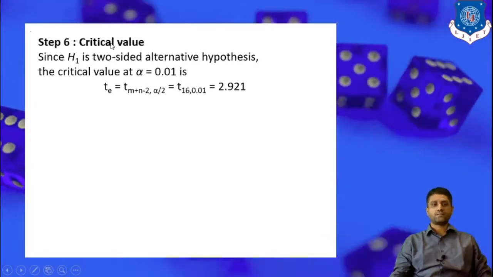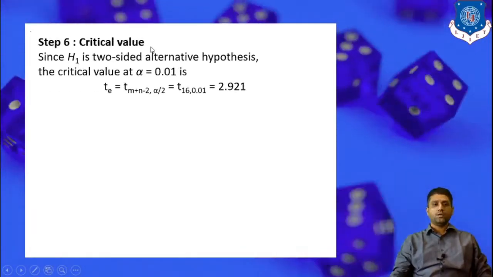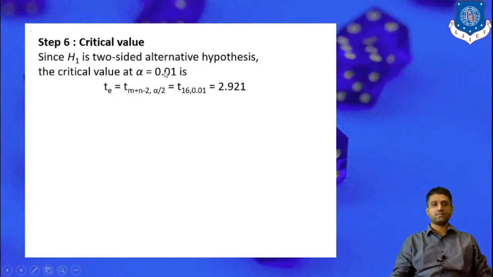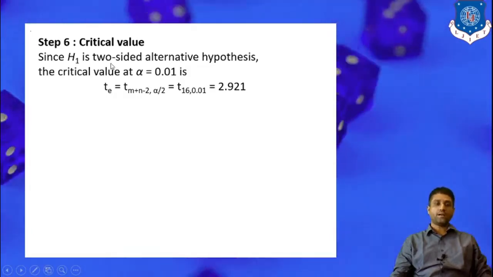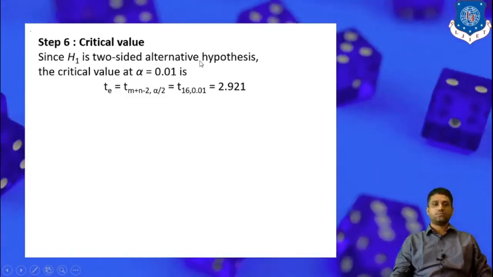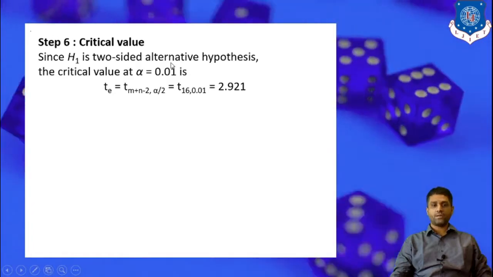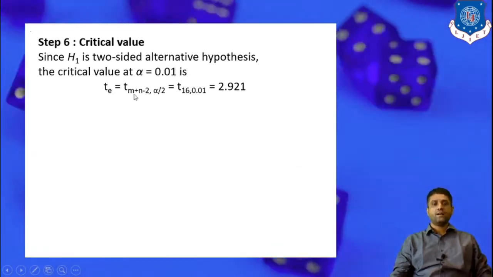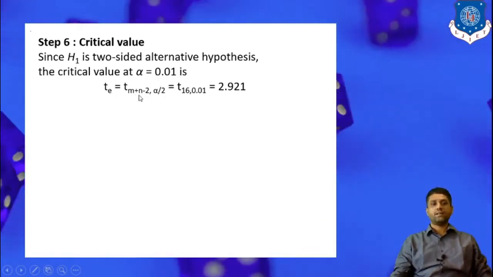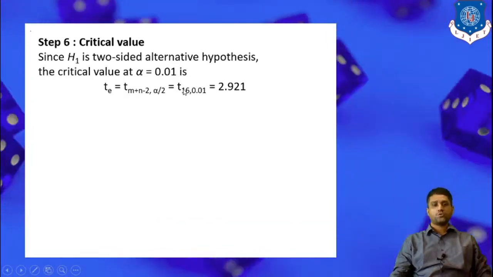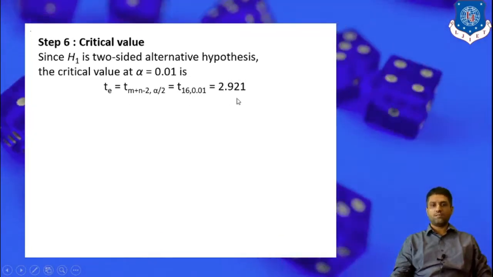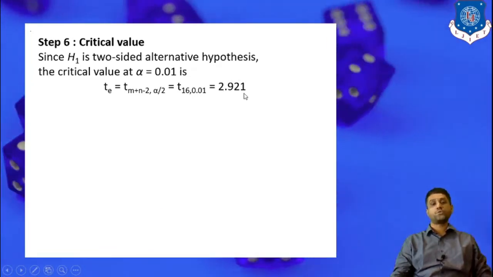Now step number 6, we have to obtain the critical value. Here it is defined in the question that we consider a 1% level of significance. Also, the alternative hypothesis is a two-sided alternative test. So just remember, it is a two-sided alternative test, the level of significance is 1%, and the degrees of freedom is m plus n minus 2. Since m is 10 and n is 8, that is 10 plus 8, 18 minus 2, so 16. So the degrees of freedom is 16 at 1% level of significance, and we collect this value 2.921 from the t distribution table.